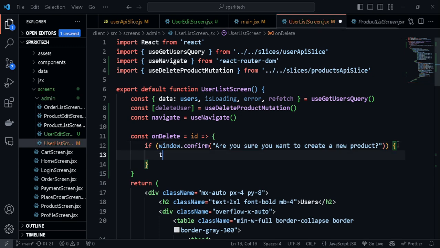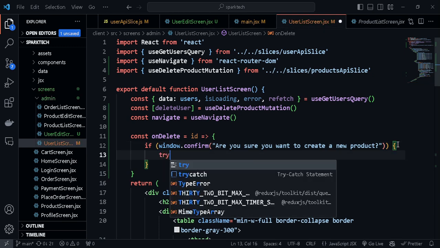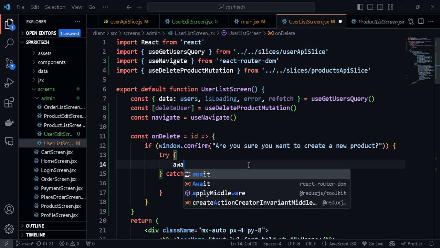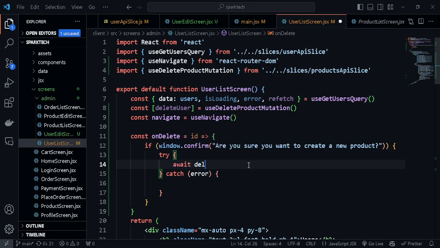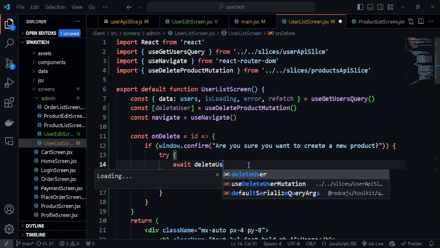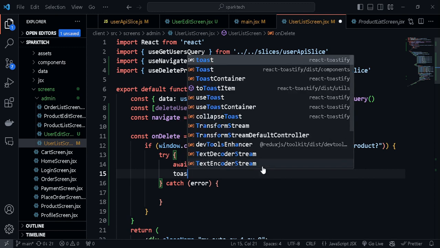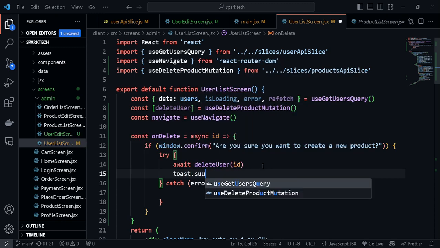So let's open our try catch. Within the try, we are going to await the delete user function, and we are going to pass in the id, like that. So we need to make this async. All right, so let's put in our toast message, toast.success,